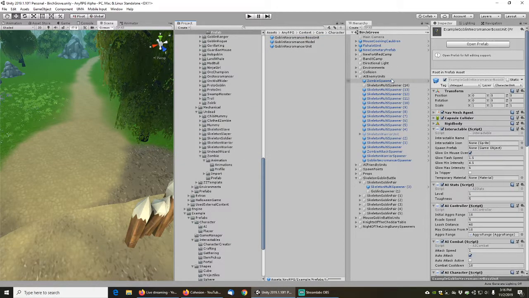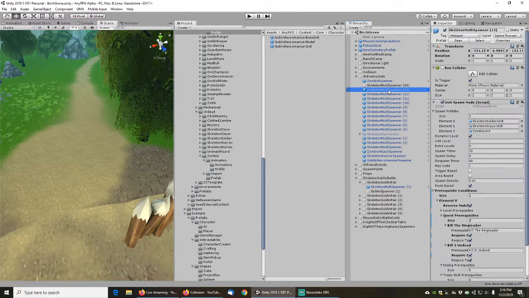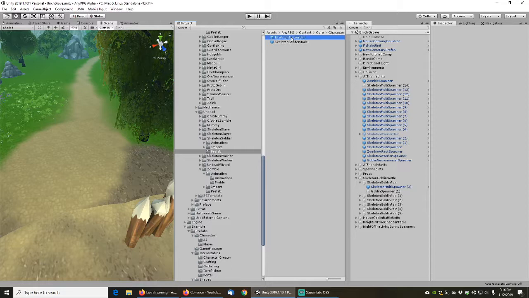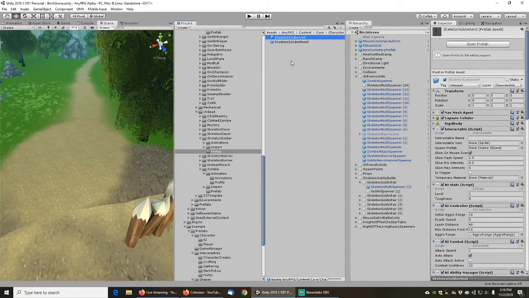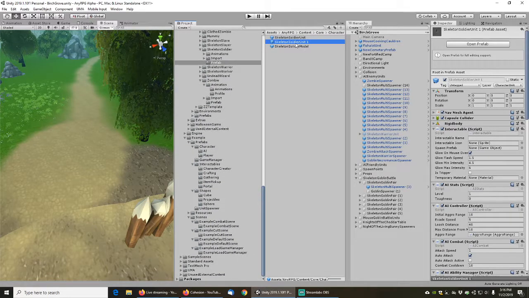And then our next spawner has all of these guys here, so we want to take the skeleton soldier unit, make a copy of him, pull him down into the AI directory,